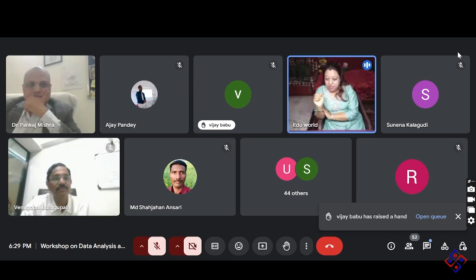So, as you have stated, your professor has told you 0.8 is good enough. If it is not 0.8, then you have to reject it or eliminate those things, or the results you are getting are not sufficient. But in the social sciences, what happened? Up to 0.5 is okay. If we are getting a regression value, R square, of 0.7 or 0.6, even 0.6, that is 60%. Okay, a 60% value is sufficient for the social sciences. So it depends upon the guide's view whether the guide will accept it or not.